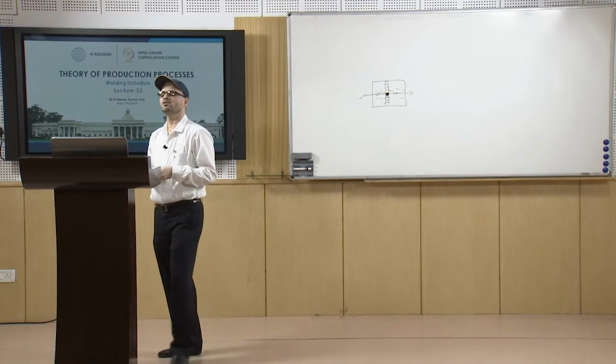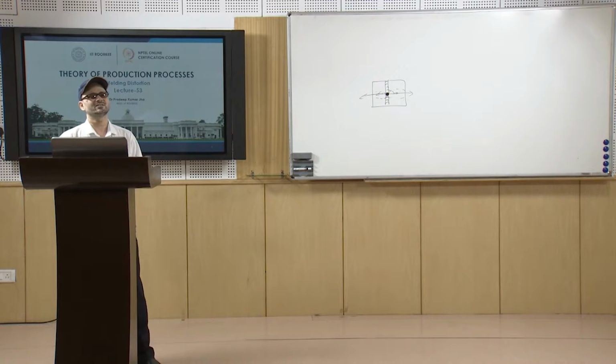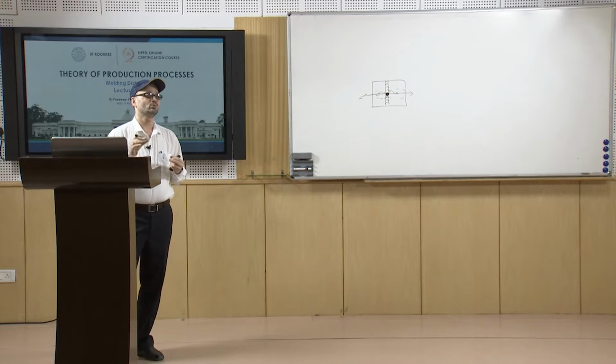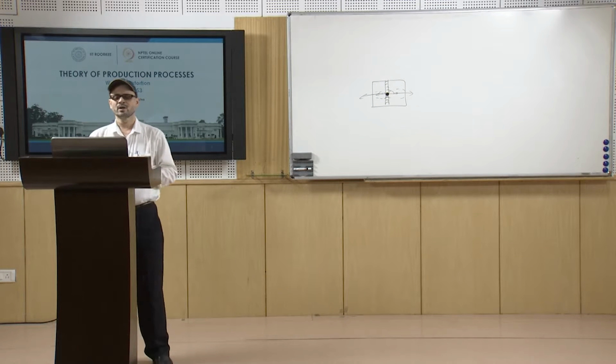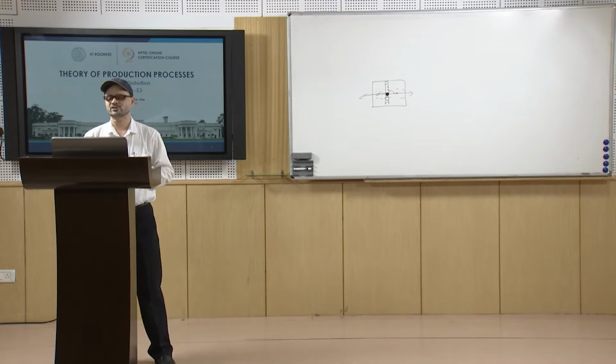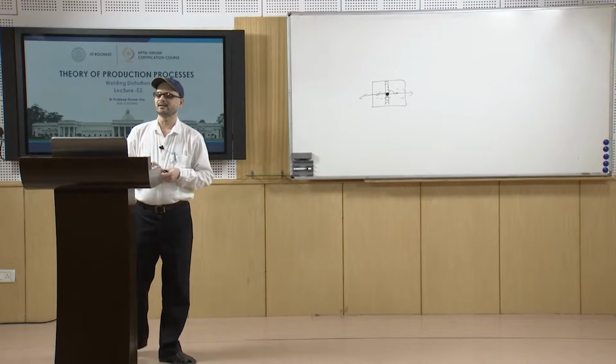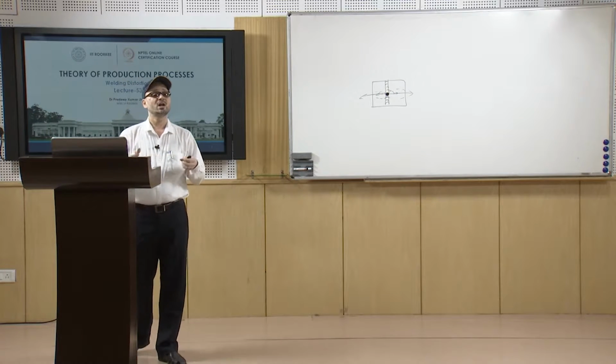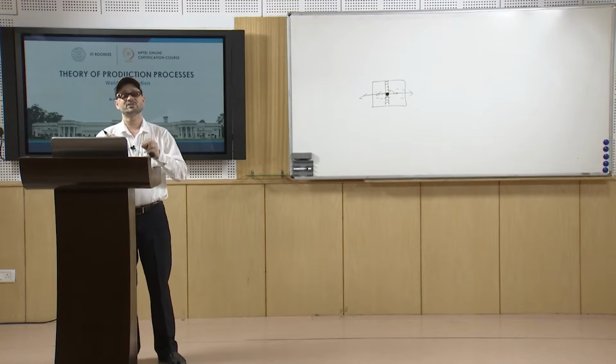So, if the amount of weld metal is larger, certainly it will give you more and more distortion. And then welding speed is there, edge preparation, fit up, and the welding procedure,